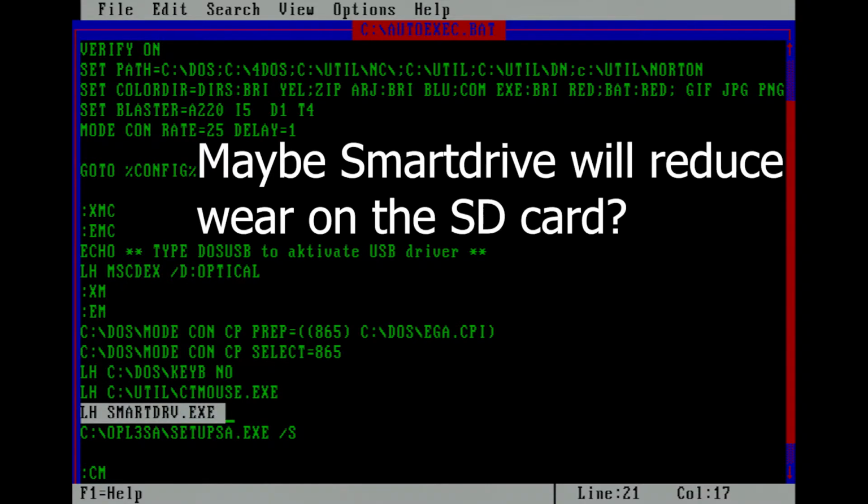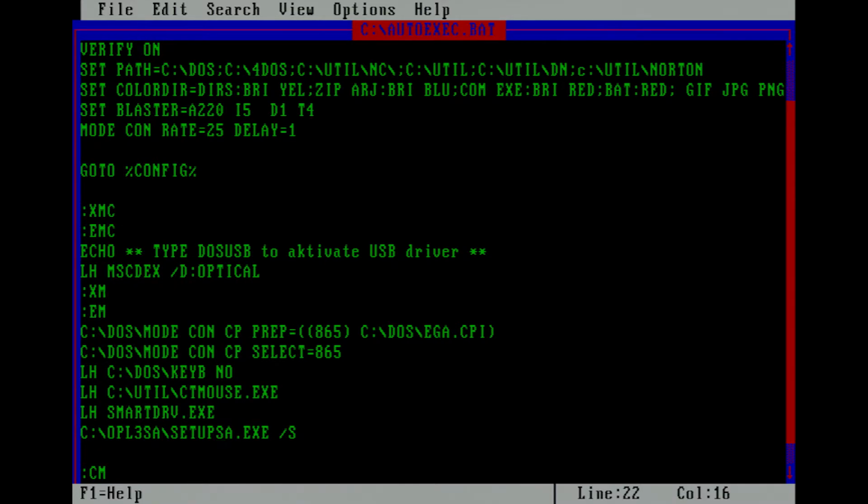I load SmartDrive. I'm not sure why, because the SD card is so quick anyway, but I have 15-16 megabytes of memory in this machine, so that is not a problem either. And this is to initialize my Sound Blaster card on this